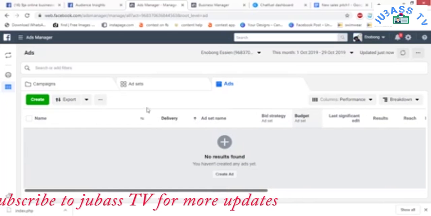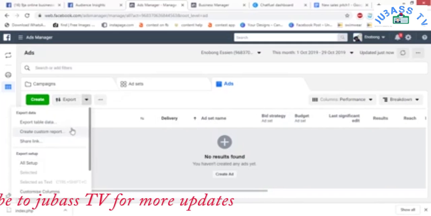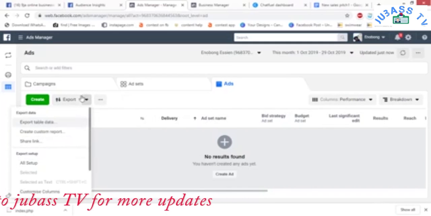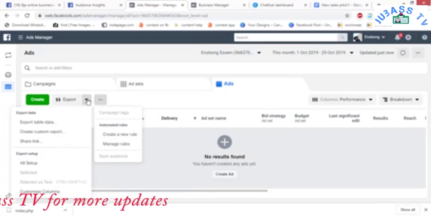Then ads is where the image creative, the text you use, the link you put, all those things, this is where it will all be measured, and you can export this data or import the data from another ads manager. Or if you have an ad agency, this is where you can export to show the person this is what we did. Okay, so